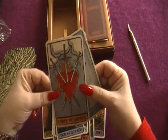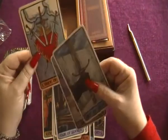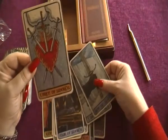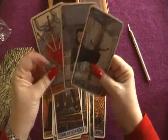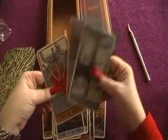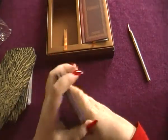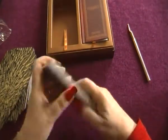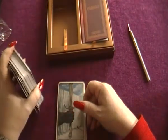The 3 of Swords. Depicted very like the Rider-Waite, just a bit more ornate. Heartbreak. Pain. All the swords are a very dramatic side of the tarot. But it'd be interesting to see what they had for...